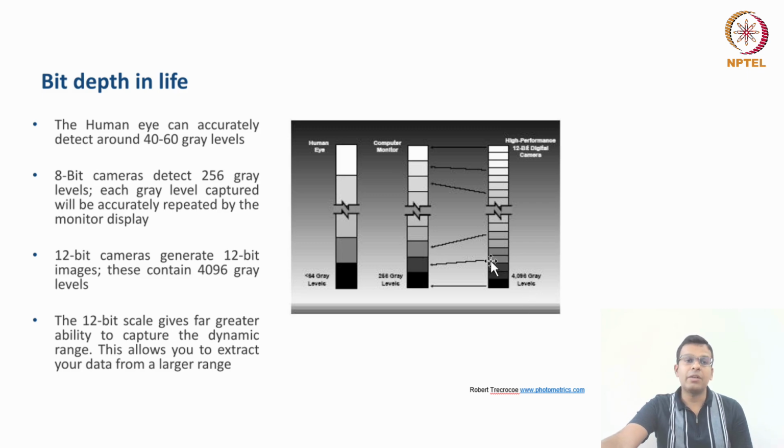65,536 gray values. But when you are seeing this image on a computer screen, the computer has to convert those 65,536 gray level information into 256 gray levels to display that image on your computer screen. So even if your camera is very good, 16-bit, the computer screen cannot represent that many gray levels. A computer screen can represent only 256 gray levels, which are equivalent to an 8-bit image.